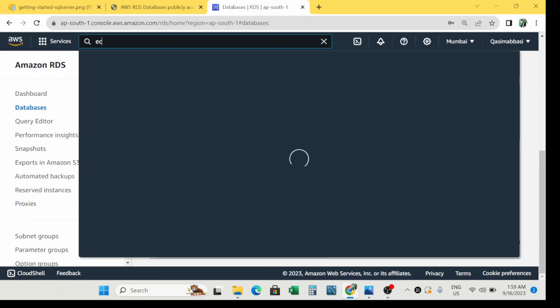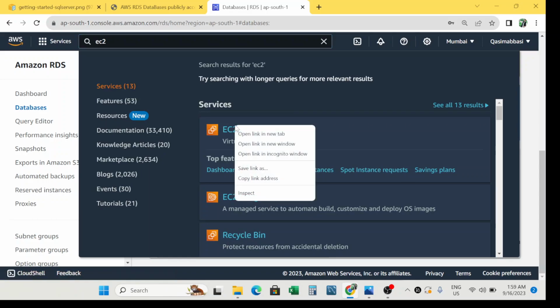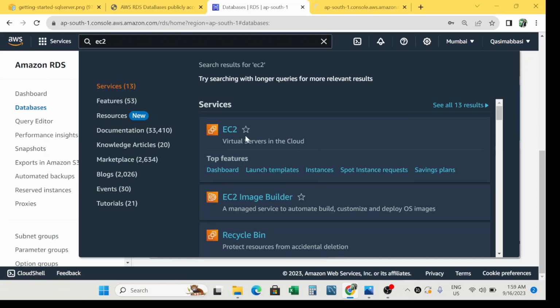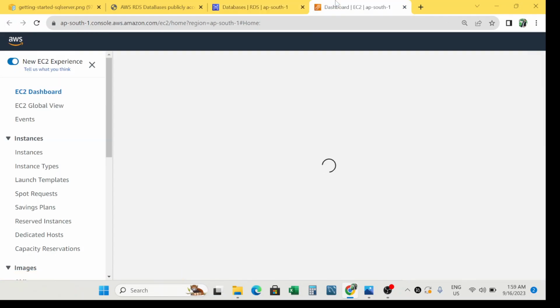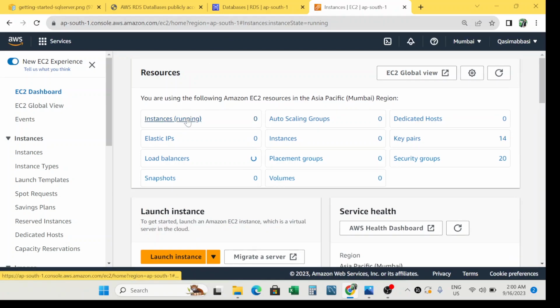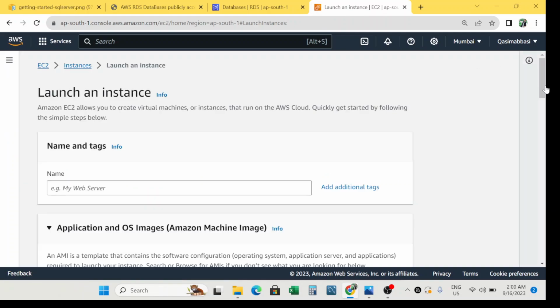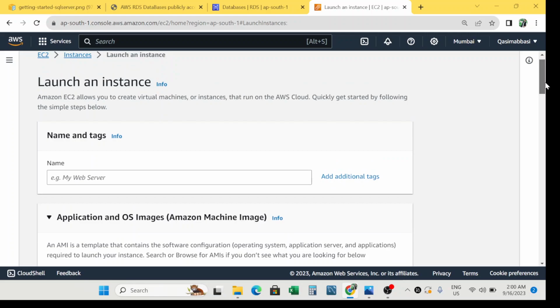So I write EC2 here, and you just right click and open link in new tab. On the new tab you have to launch your EC2 instance. Just click on instances running and then launch instance. Previously we did not have any EC2 instance, so we are going to launch a new one, and we will give it a name, which is MySQL EC2